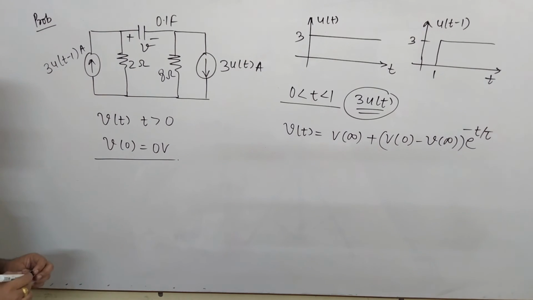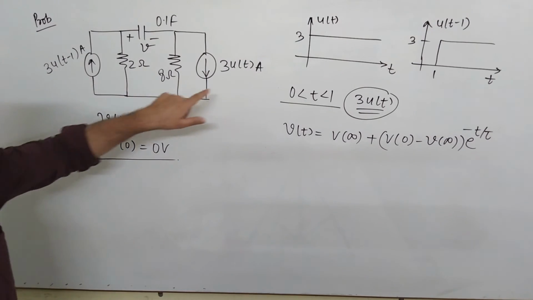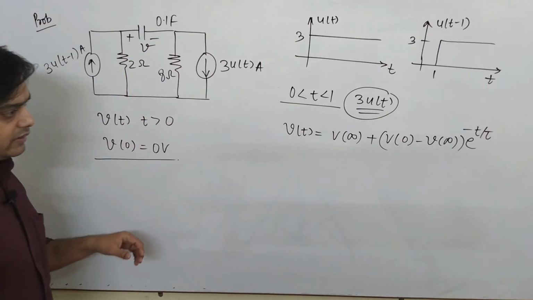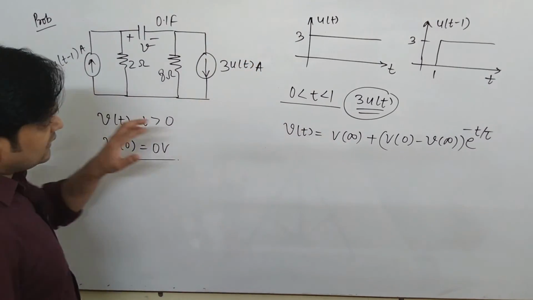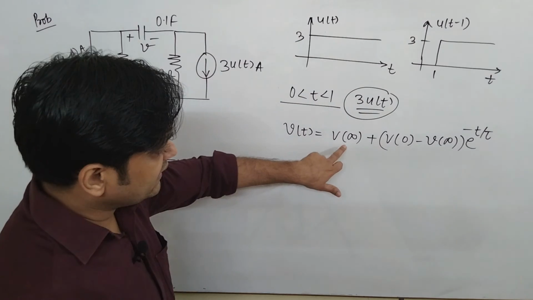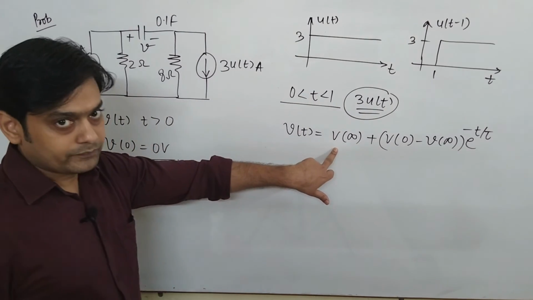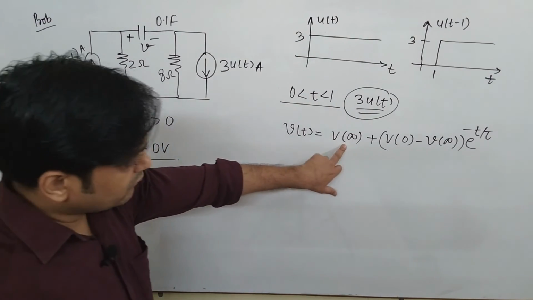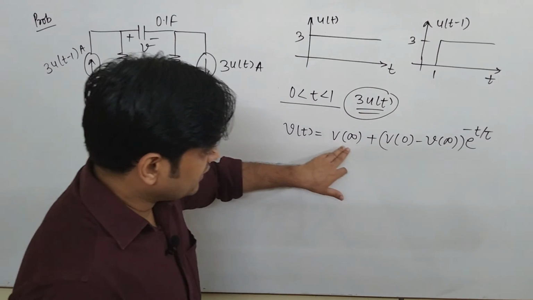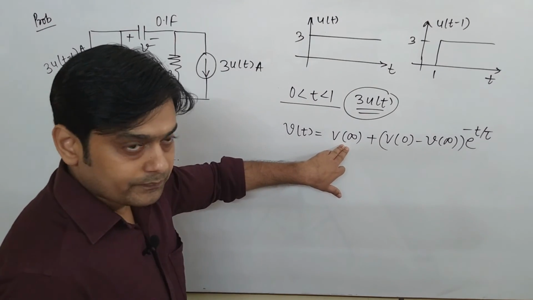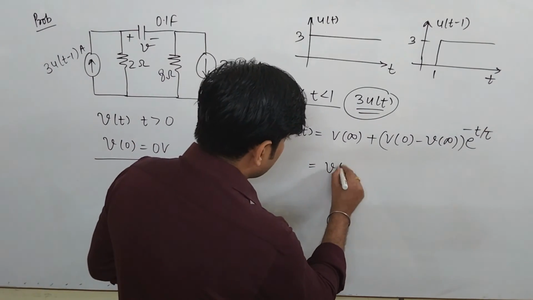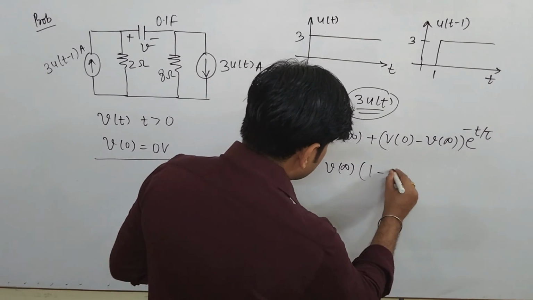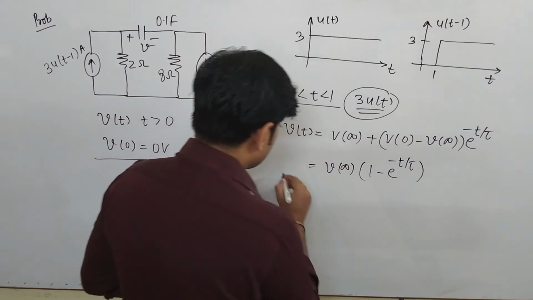Okay. So first of all we will find this. Now a very important thing while solving this type of problem, in which two different sources or n number of different sources are given: you have to consider that this time instant 1 is basically an infinite time. Okay, and then only you can find the value of V infinite. Why? Because here you have to find the value of V infinite first. V0 is already given as 0, so from here you can directly write it as V infinite times 1 minus e to the power minus t by tau. Yes, this is your solution.